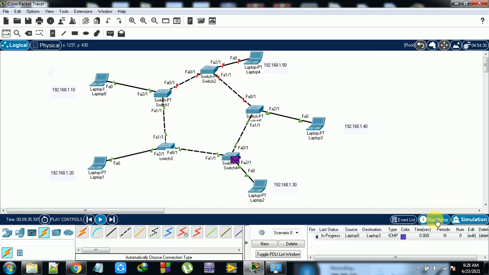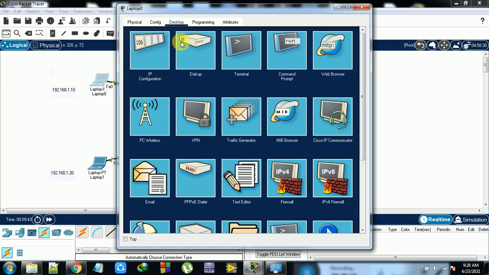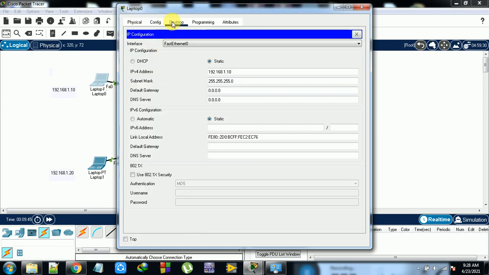Okay, so in real time it is success. Delete the thing. In all cases I want to give a default gateway. So what is the default gateway? This is 192.168.2.1, maybe this is the default gateway for all of them.